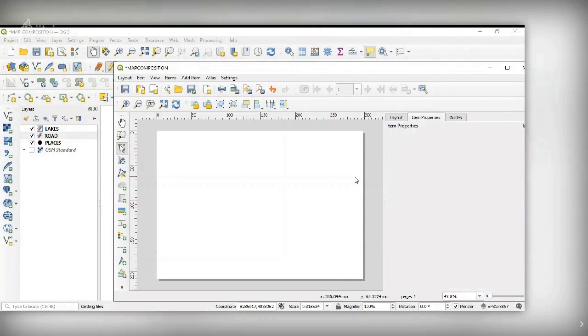So in case you need some specific size of the page, then you can go to the custom and define the size also. Okay, so for the time being, I'll go to A4 size. So this is a blank page, nothing is there, only blank page is there. So we have to insert all the map elements onto this page.